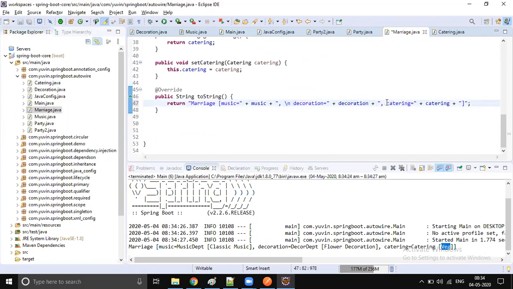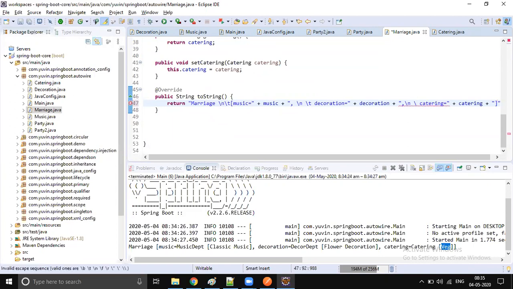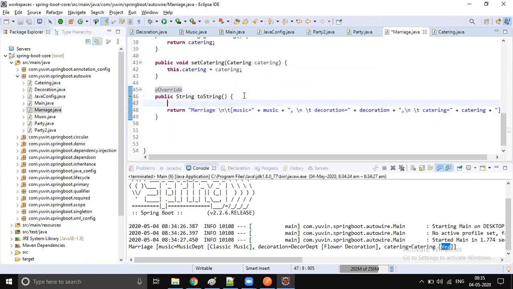I'm adding a line separator, and we just add some tab space. I just want to print it in a better format. So first there is a line separator, and then a tab.